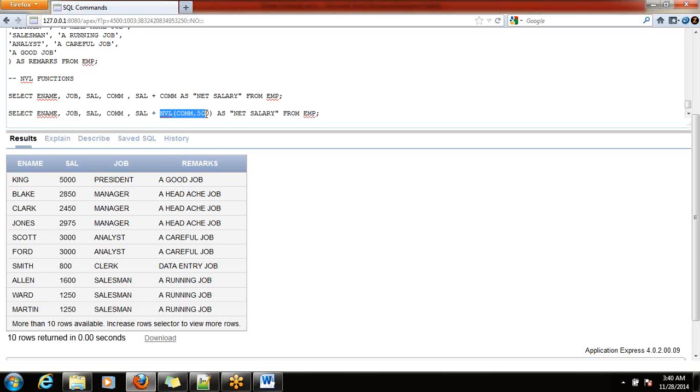Look here, the NVL function. The NVL function will have two arguments. The first argument, if it is null, then give the value as the second value. So this is the purpose. If the first value is null, then give the second value for that. If it is not null, then give the same value as it has. And look here, I am going to apply it on